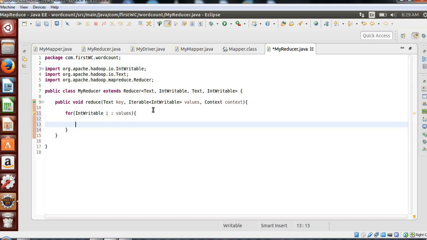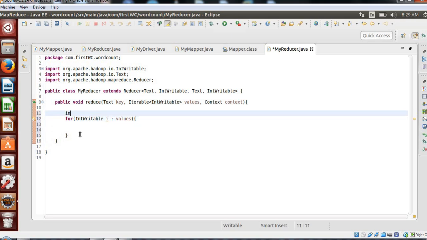One by one it will pick whatever is there. We have only one, so we'll take a summation of that, right? So let me define one variable called sum, which will be equal to 0.